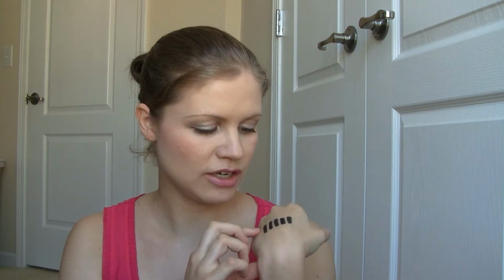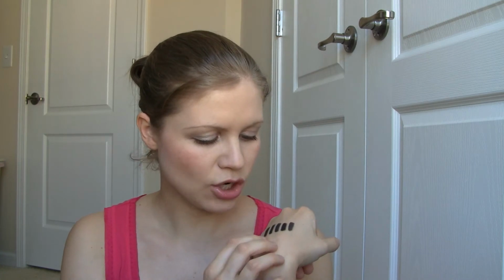And one thing that I want to point out to you, besides the finish of these, is how dark the colors are. When you're used to seeing especially a teal in an eyeliner form, I'm used to them being a lot brighter and a lot more colorful and not as dark as these. These are all like a blackened version of the color. So this is like a blackened purple, you know, a blackened dark olive green. The teal is like a dark charcoal gray teal, you know,